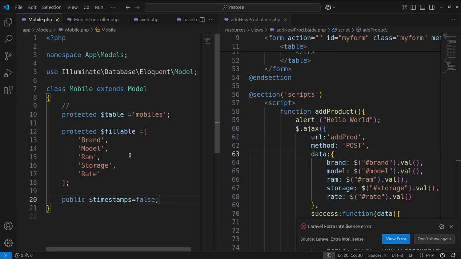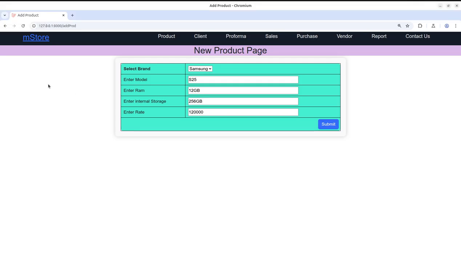So I repeat in a little faster sense. This was the page which I have already created. The name of this route was add product. So the objective was to add a new record to the external table. So when you are going to add a new record or perform any CRUD operations, whatever it may be,